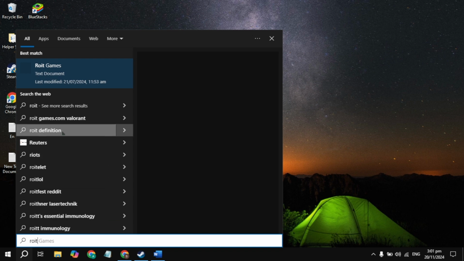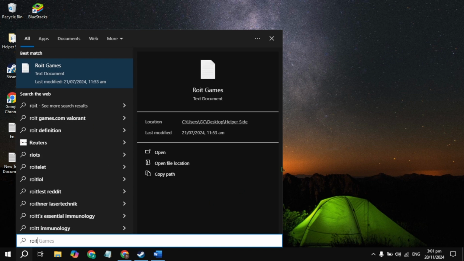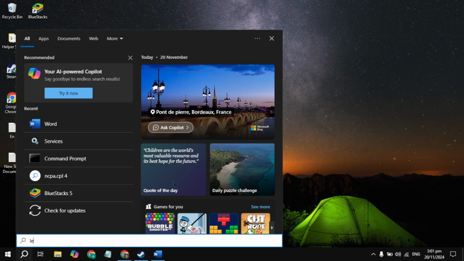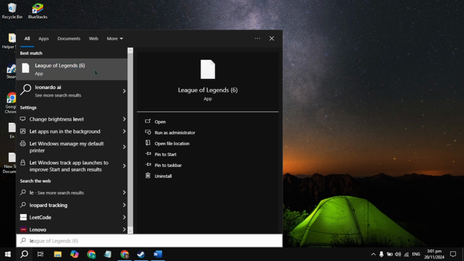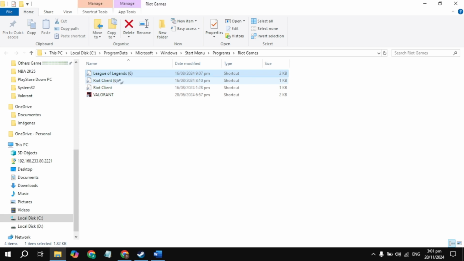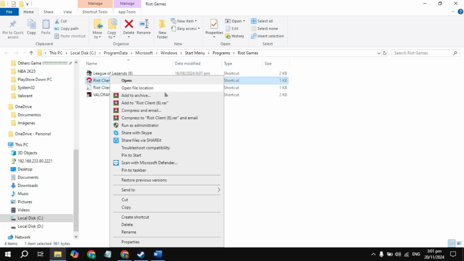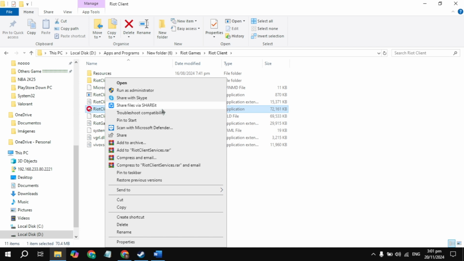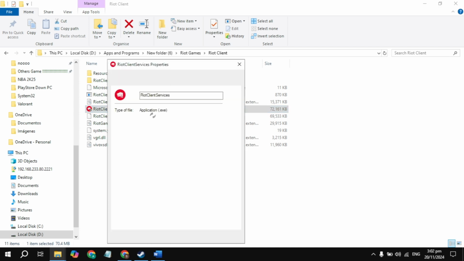It will appear on the top, and if it does not appear, just search for any game like League of Legends or Valorant, then right click on it and click on open file location. Once you click on that, here you will see the Riot client on your PC. So right click on it and click on open file location again, and now here look for the Riot client services. Now right click on it and simply click on properties at the last,